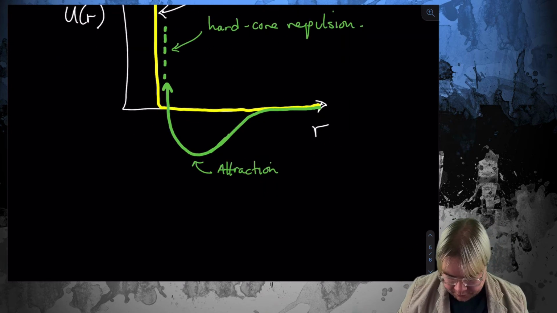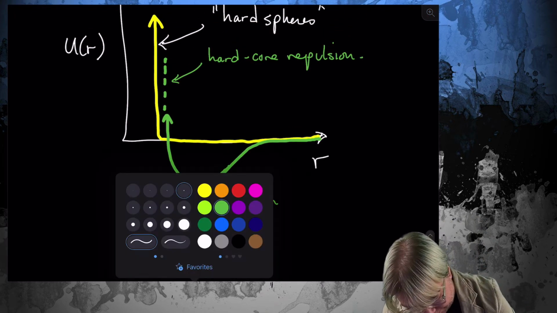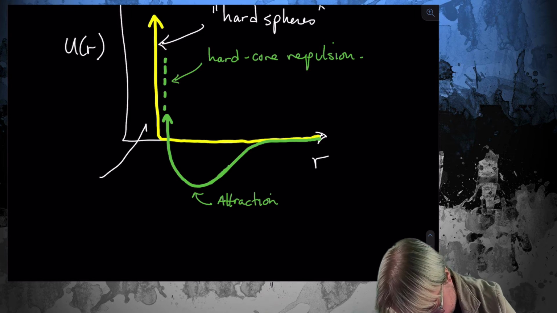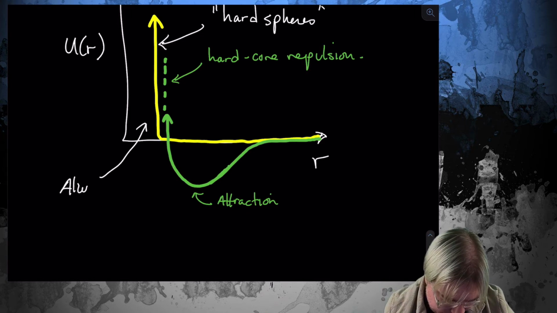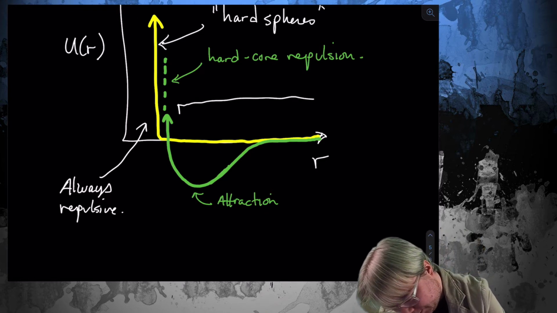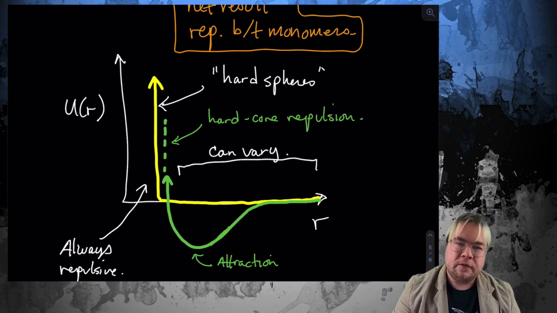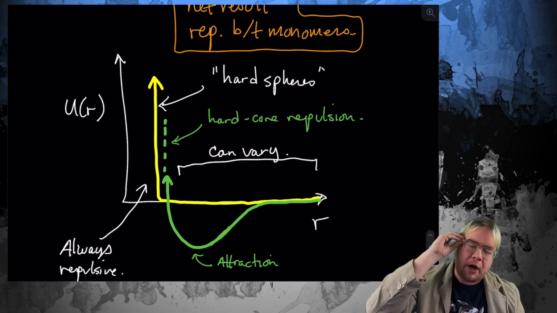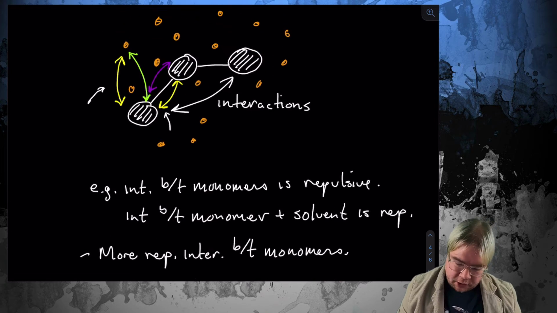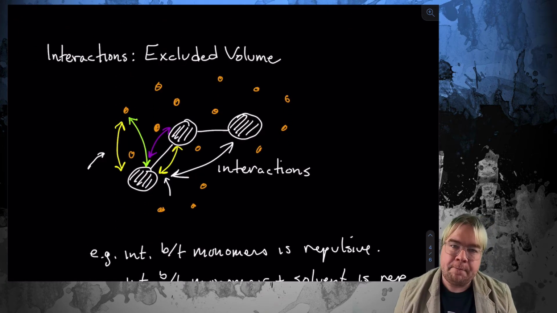What else could they have? Any number of different shapes. One thing that's common, though, is that at short distances, it's always going to be repulsive. And now what happens in these intermediate regions, who knows? Okay, this can vary. So these are what the interactions are going to look like between the monomers and themselves, and the monomers and the solvent particles. And so it's these types of interactions that are going to start changing what the size of